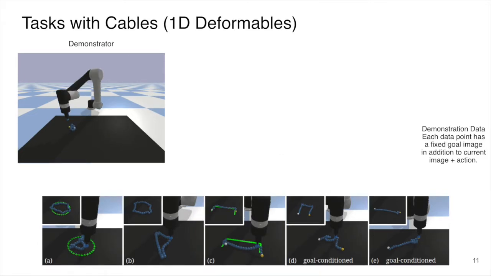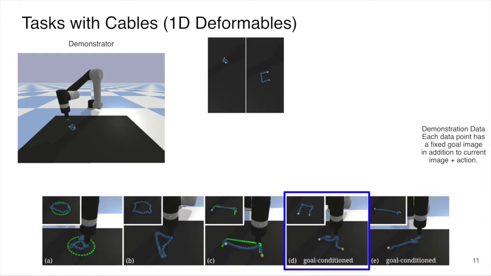Other tasks are what we call goal-conditioned, such as the one shown here, in that given the current image, the robot must be given a separate goal image, fixed for each demonstration, that shows how to perform the task. So in this case, again, it's very similar to the prior one, except we use a held-out image to specify where the success